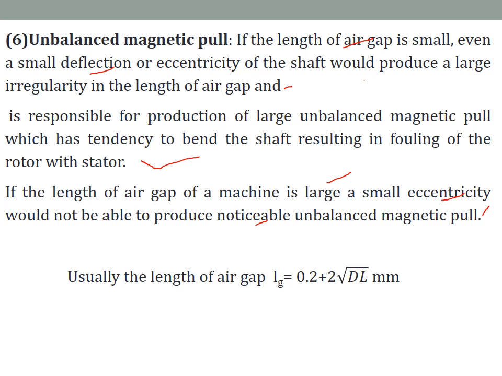So if air gap length is large, unbalanced magnetic pulls are unnoticeable, even for small eccentricity. It will not have an effect. That is the added advantage. Finally, there is an empirical formula to calculate the length of air gap: Lg is equal to 0.2 plus 2 times root of D into L mm. This is Lg in terms of